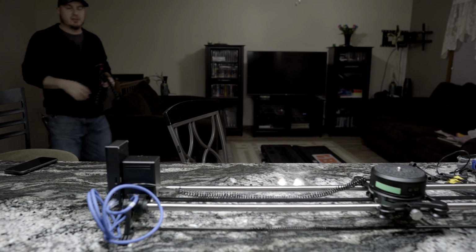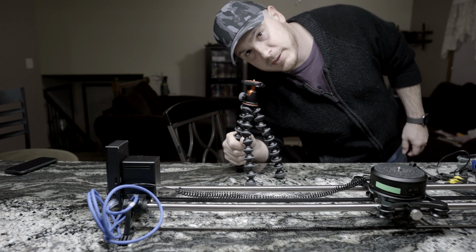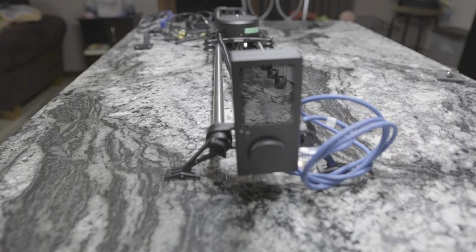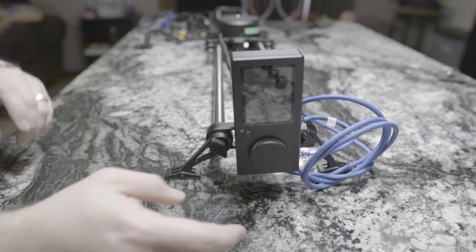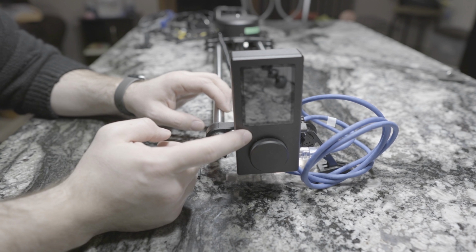Let's save some electricity. There you go. All right, back to selfie mode. You guys can see this, bada bing. So, like I was saying, this thing has only 2 buttons. This button right here is to turn on